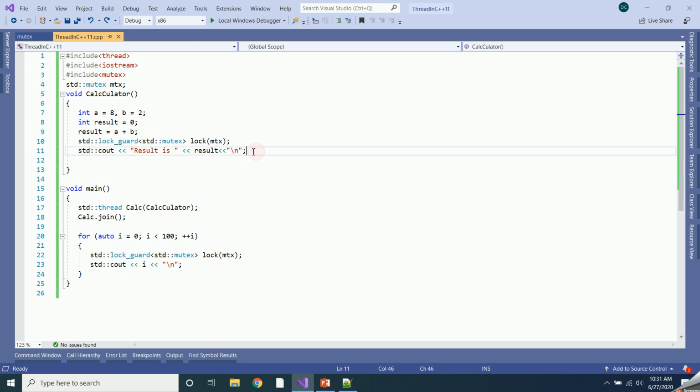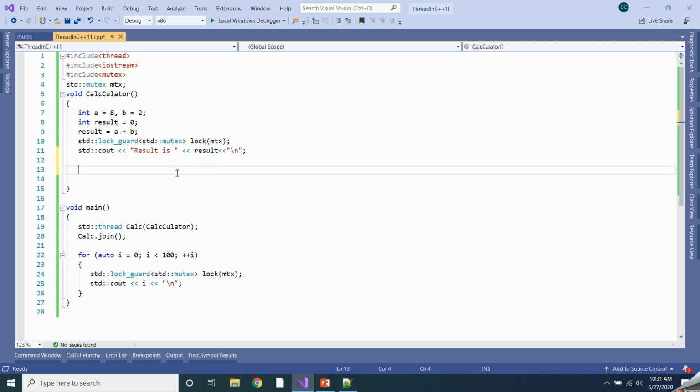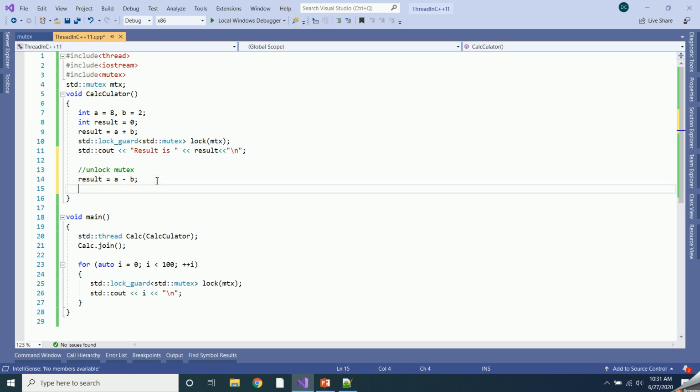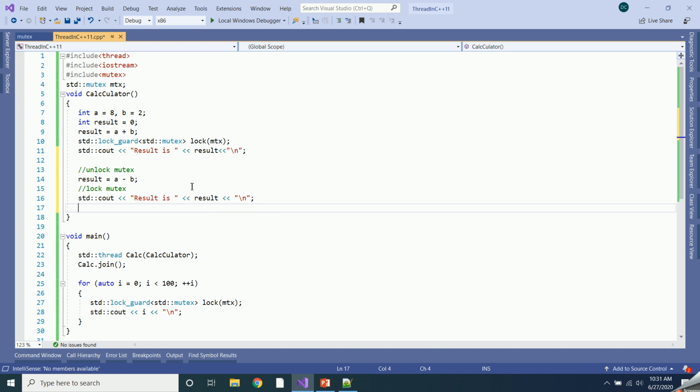So it will avoid the race condition, but the problem with this code is, suppose I want to unlock the mutex, and then I want to perform some other operation called subtraction, and again when I want to print the result, I want to lock the mutex and then perform the printing operation.